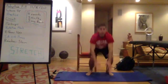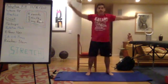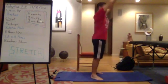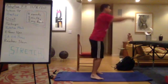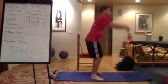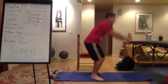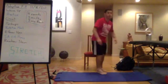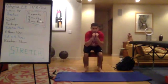So now you're going to come up the front, down the sides, working on maintaining that flat back as best you can as you hinge or squat down to the ground. Good. And then next we're going to go into a little crouch, get into a squat or a hinge forward,